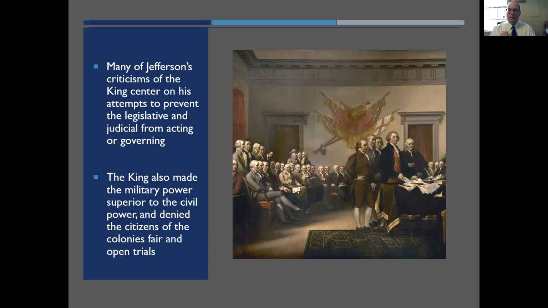And among other things, that will make it difficult for the actual system of checks and balances to exist and to work, which was not part of the colonial constitution, but it was an idea, again, that was already familiar from different European political thinkers. So there's a very clear notion of, hey, the king is trying to take all this power and concentrate it in his own person and in his own branch of government, basically. There was also some concern about the king trying to make the military power superior to the civil power. Again, this becomes a really important part of the Constitution, a very important idea that ultimately the military is under the control of civilian authority, which is ultimately democratically accountable.